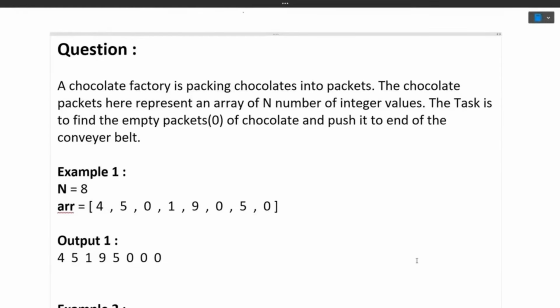Okay, the chocolate packets are represented as an array of n integer values. The task is to find the empty packets of chocolate and push them to the end of the conveyor belt. So let's simply understand with the help of an example. We are given an array, and each element represents the number of chocolates in that particular packet. So here, inside this packet there are 4 chocolates, inside this packet there are 5 chocolates, and inside this